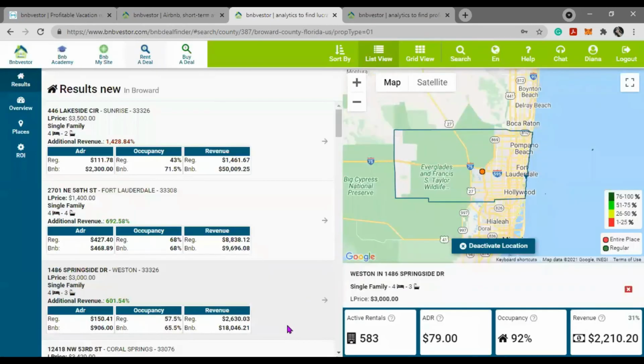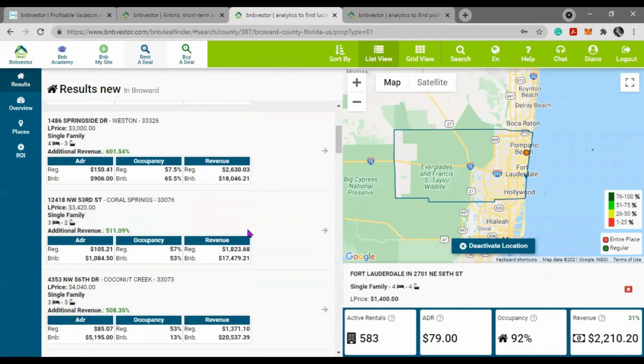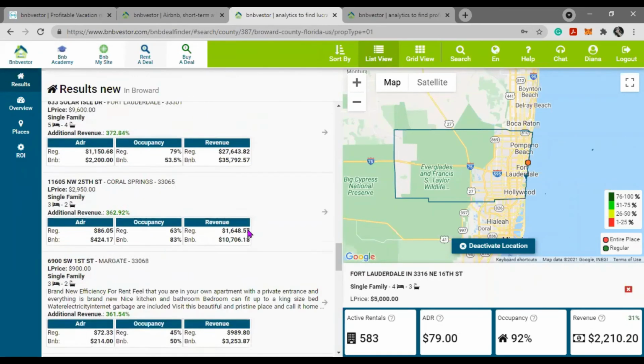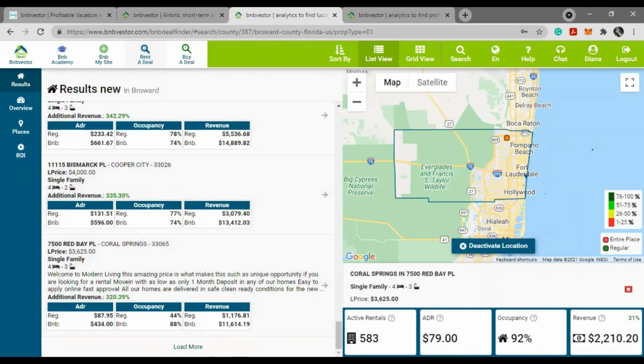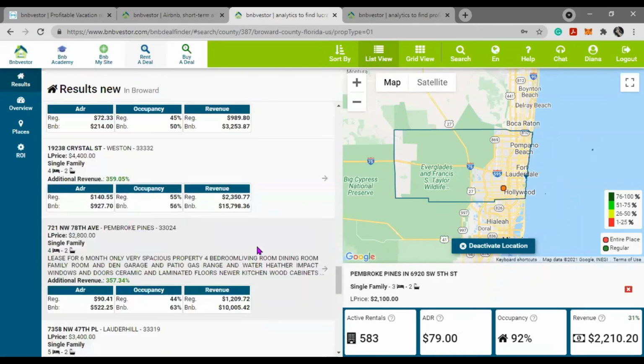So in Broward, how many properties are single families, okay? And now we have them. I can see how many now, the average daily rate, the occupancy, and the revenue, okay? And I have my list of properties right here. There you go. And if you scroll down to the end, you can load more and see all the rest